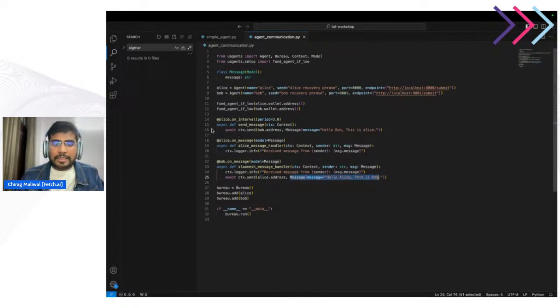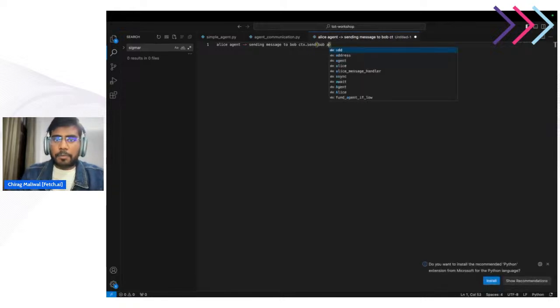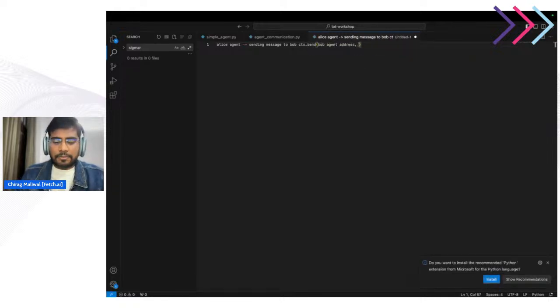And when the agent receives a message, it does something. So how the things are working, long story short, the Alice agent is sending a message to Bob using ctx.send and the Bob agent address, and whatever message they want to send. Then the Bob agent has an on message decorator, and it has some request schema.